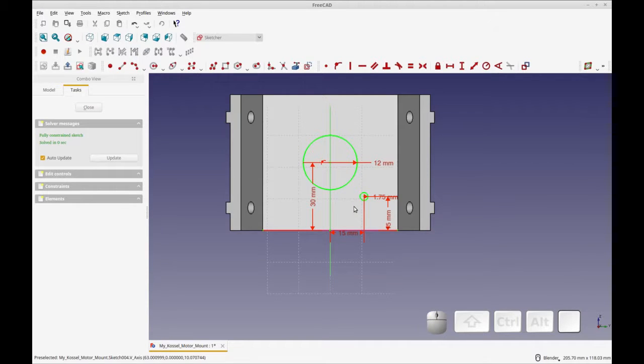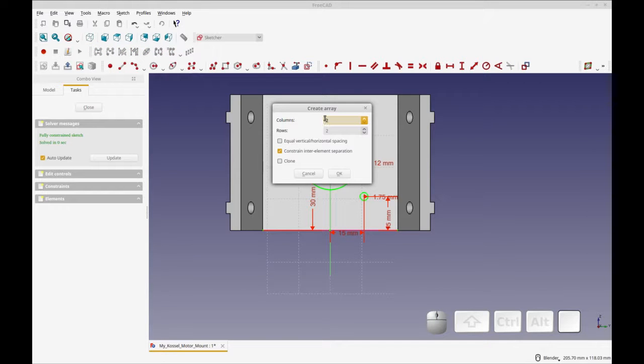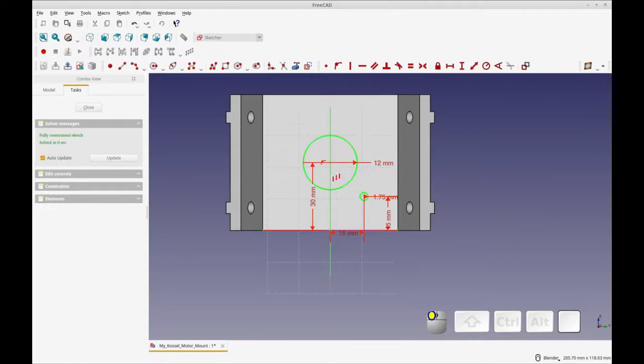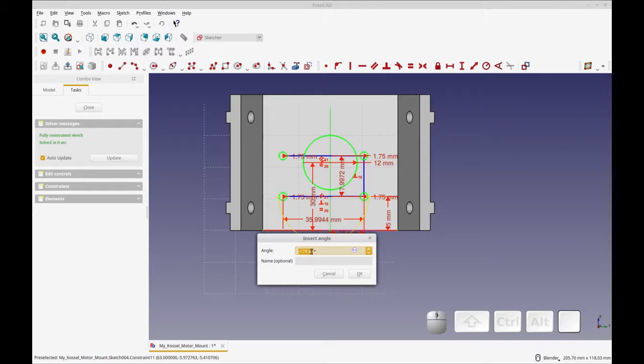Now we're going to create an array. So with dark green selected, select the array tool, and it's going to be a 2x2, same as before. I'm going to show you, if I go out into the horizontal thing and try to get it at 180, you never get it, it reads too detailed, I think. So we're going to change that to 180,